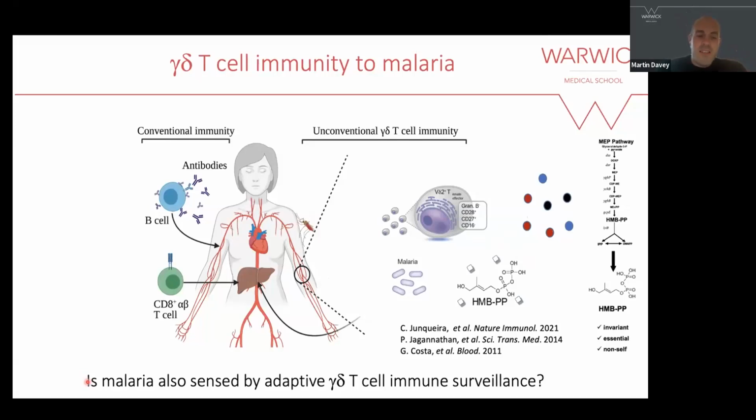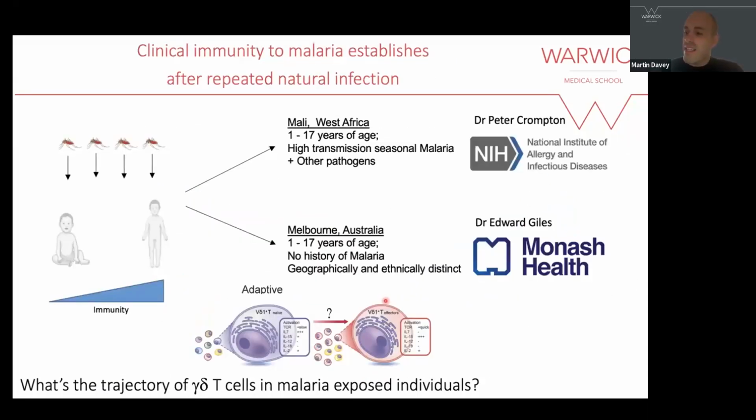And so we reasoned, is malaria also sensed by what we were terming at the time adaptive gamma delta T cells, so particularly V delta 1s. And so to start this off, we looked at a cohort of individuals from Mali. So this is an endemic area where there's high transmission of seasonal malaria, and it's well